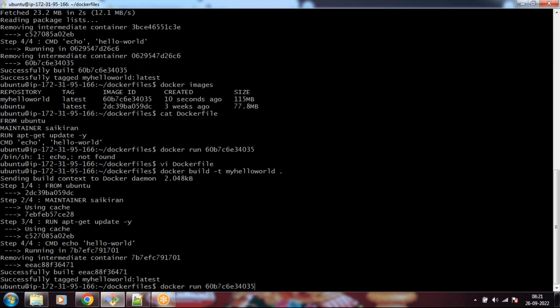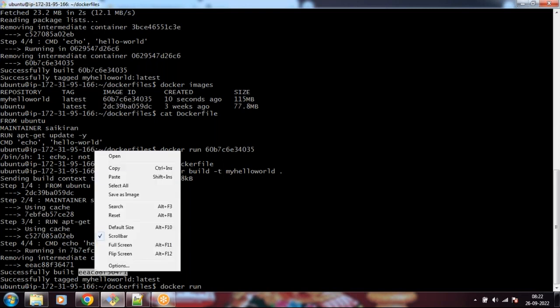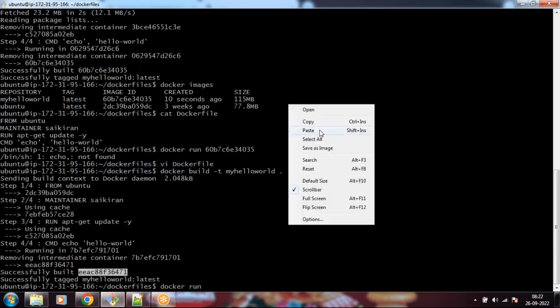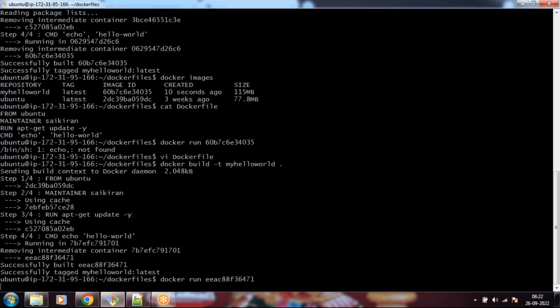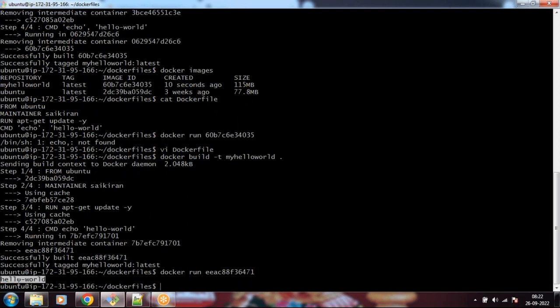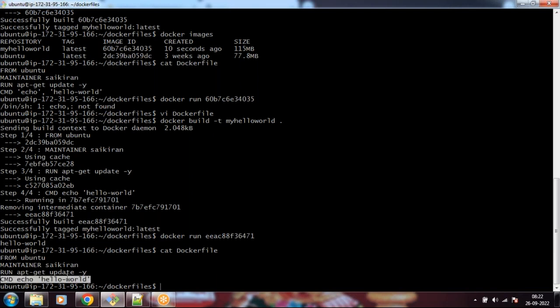Now I want to use the latest image. How can I use it? This is the latest image that is built. You can take this ID. So what is my command doing? It is displaying what has been mentioned in the value. Like this, if you give echo hello world, it is giving the output. For giving a command, you can give it like this, and also